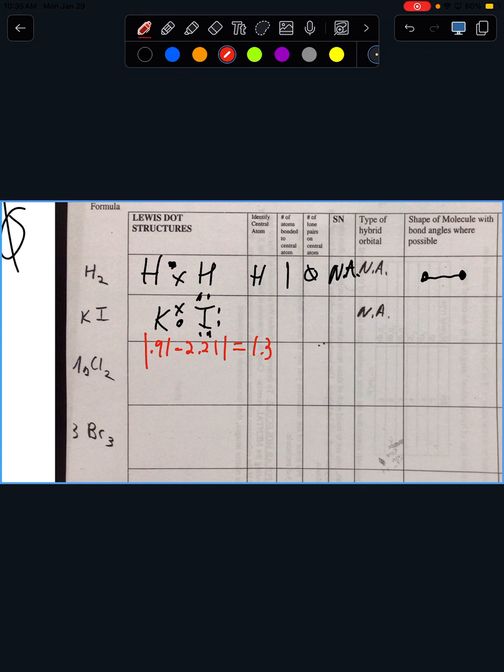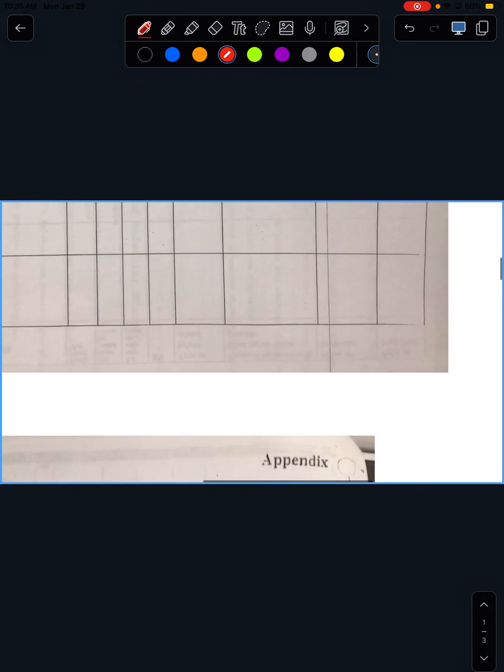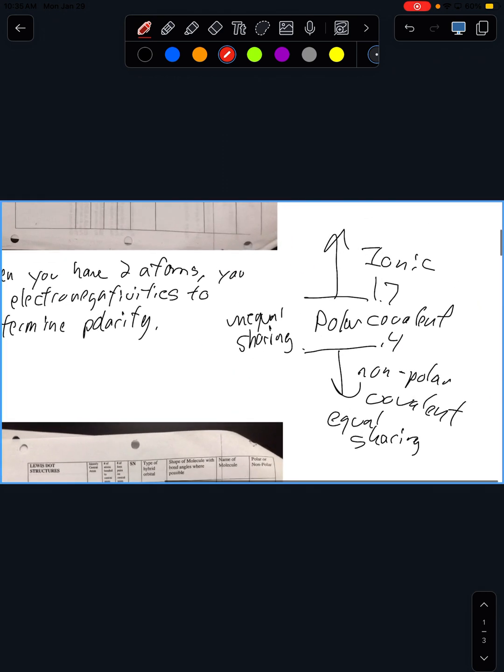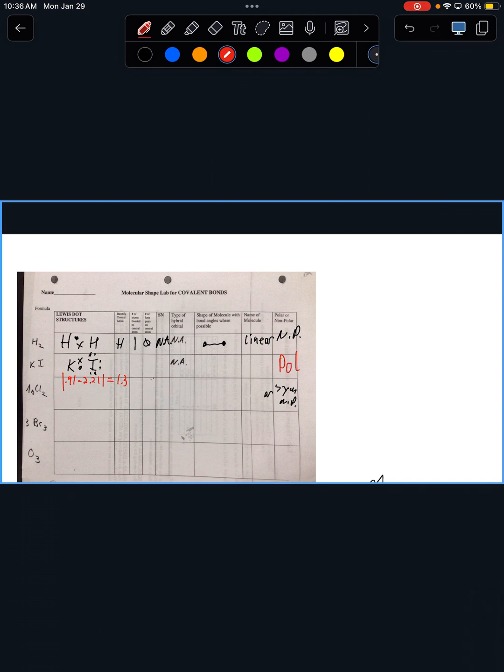Because your conscience did such a good time the first time around, Emil, let's see what your conscience has to say to you now. It's ionic. Maybe your conscience took a vacation there. So to be ionic, you got to be above 1.7. So it's covalent, but is it equal sharing? No, it's unequal sharing. So we're in the polar covalent,